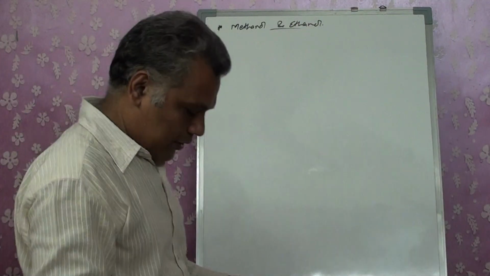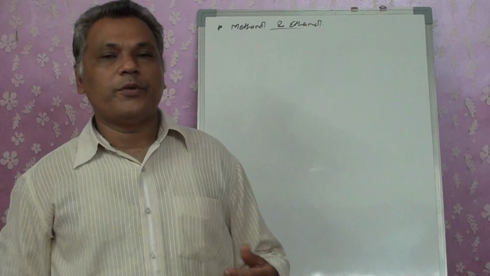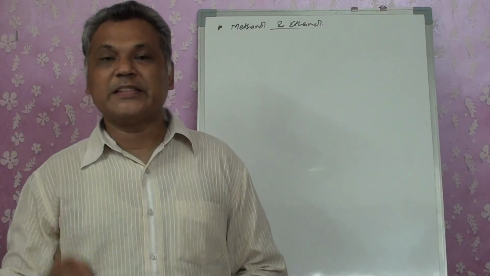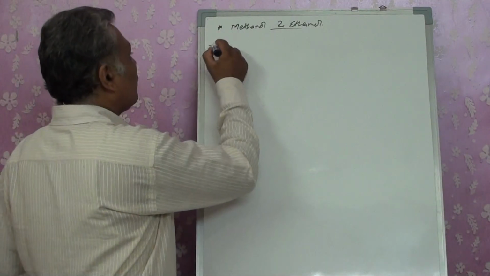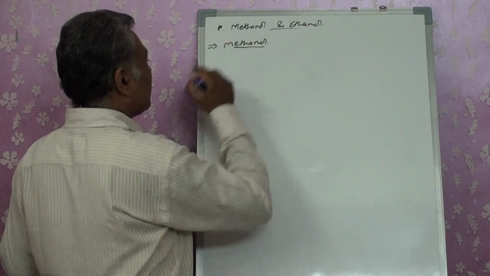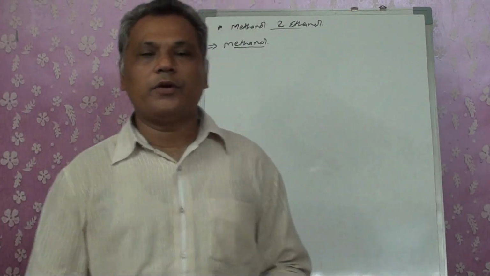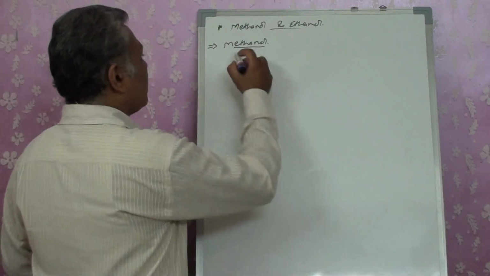We know that there are different methods for the preparation of alcohols from different compounds, right? But for these specific compounds, we also have specific methods of preparation. So first of all, we'll take methanol. Now we know that methyl chloride reacted with aqueous NaOH gets converted into methanol, right? But specifically, the industrial preparation.